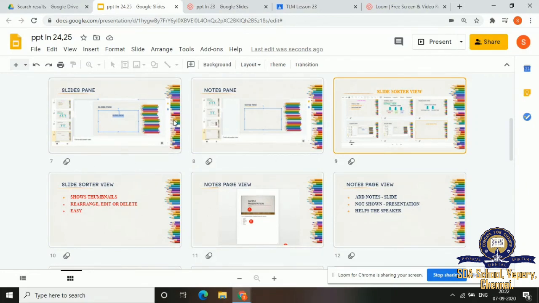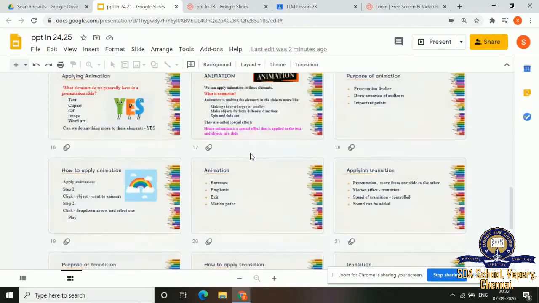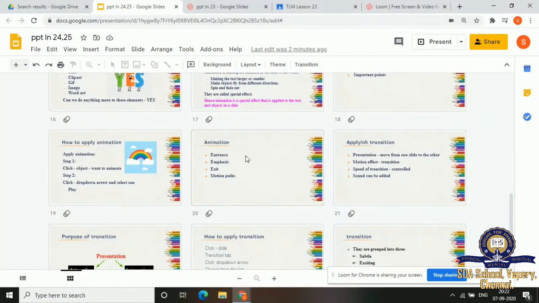This view is very useful to delete a slide. If you want, you can just delete one slide, or you can edit a particular slide. You can edit, you can rephrase it, or you can delete it, or you can enter a new slide.